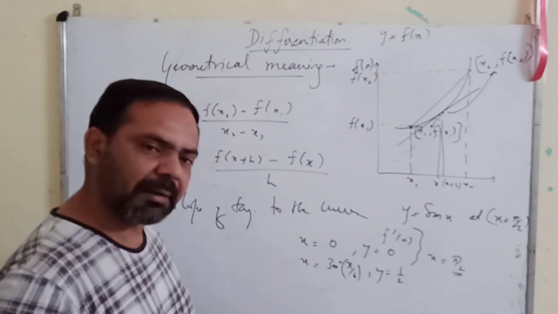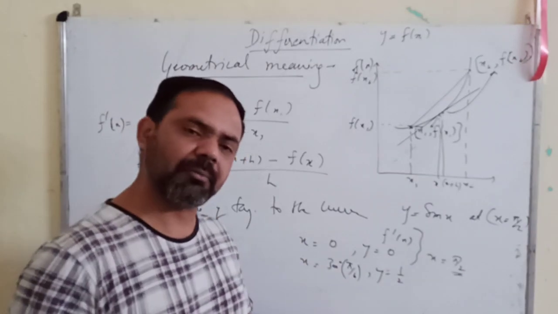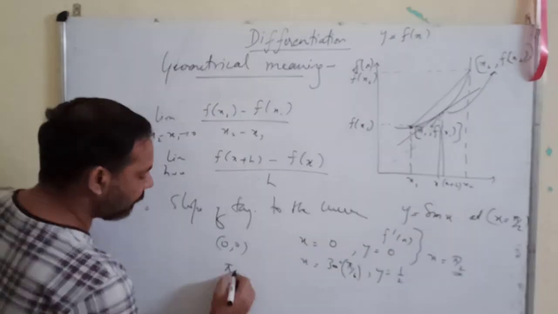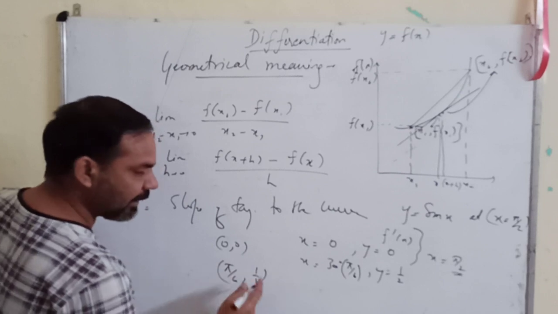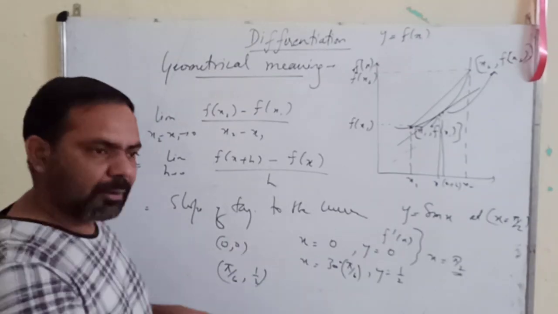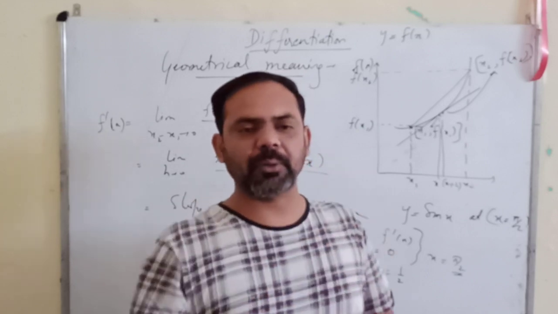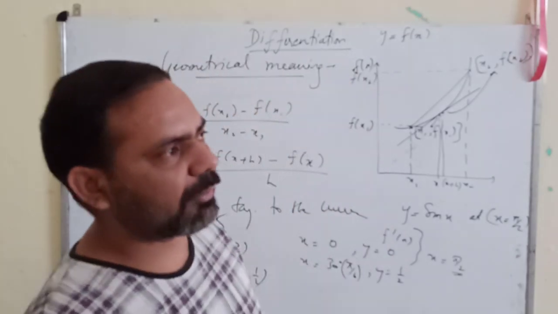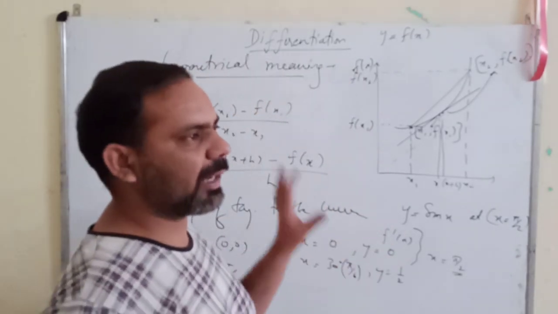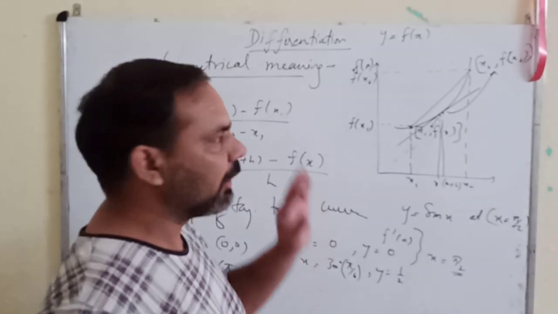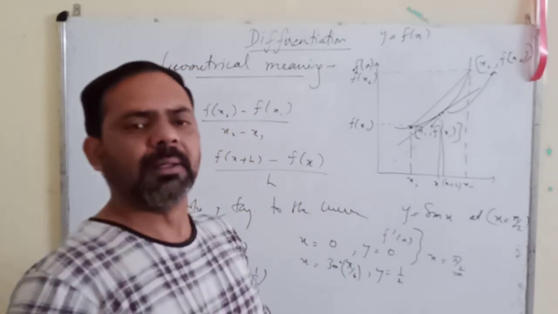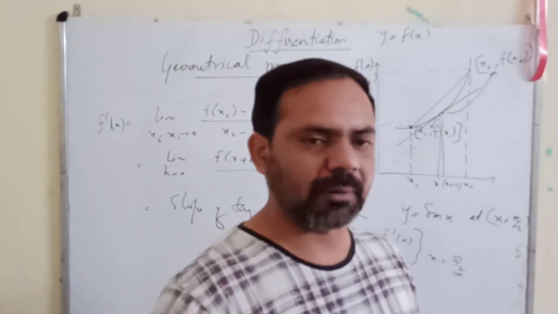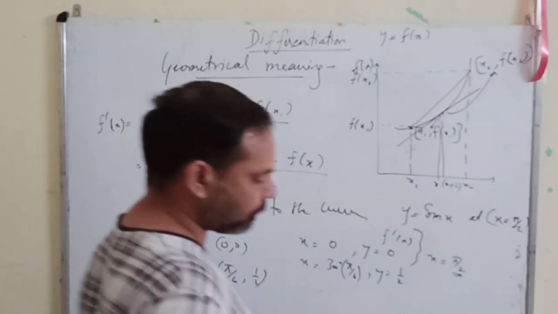So if I change the values of x, I am getting values of y. So what is my first point? My first point is 0, 0. What is my next point? Pi by 6 comma half, right? So similarly I will trace some points and then I will simply join all those points and I will get the graph. Whenever you can locate a point, it means you have both the coordinates, you can always draw the graph. The simple meaning is, for any function you can draw the graph. If the function is there, the graph you can always draw, right?